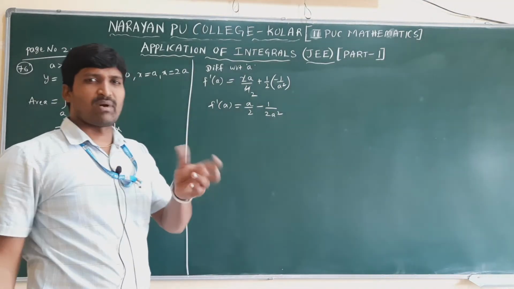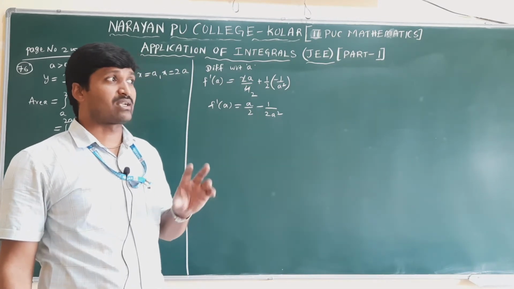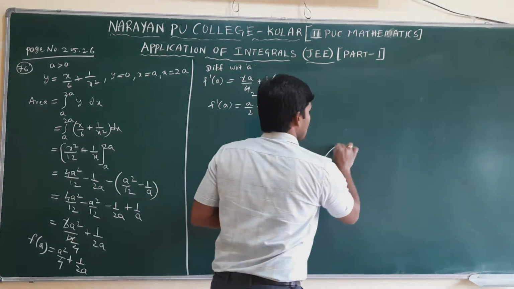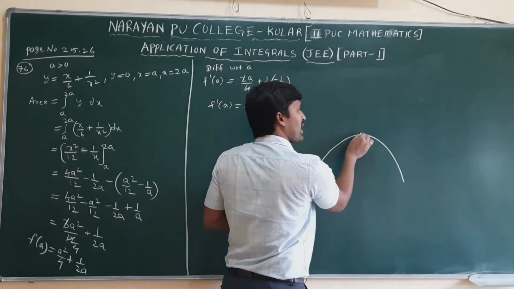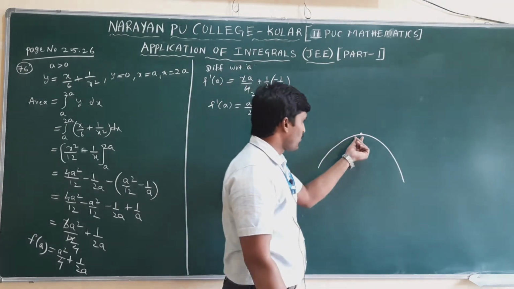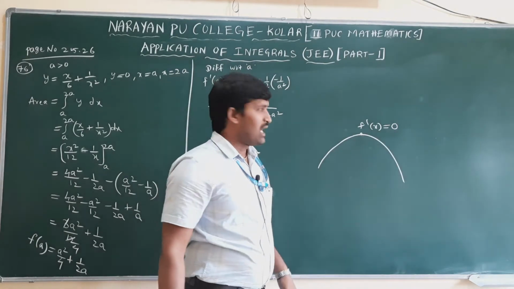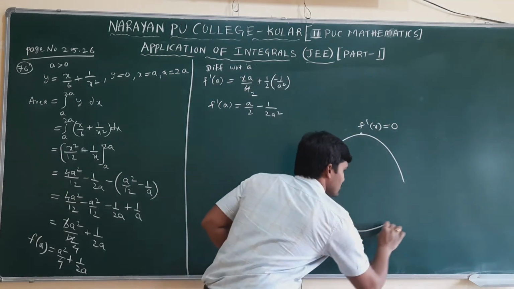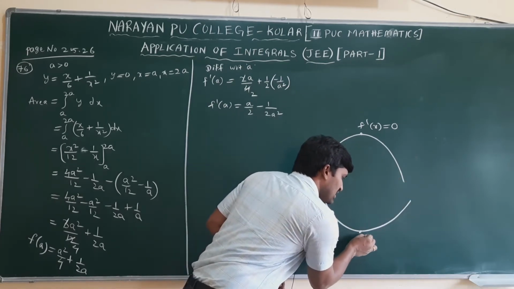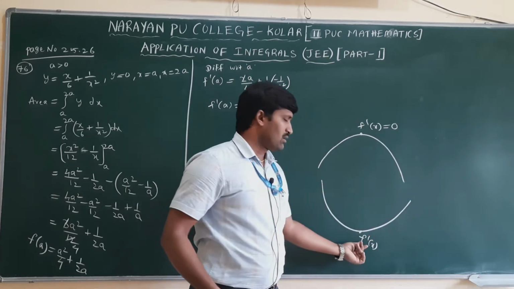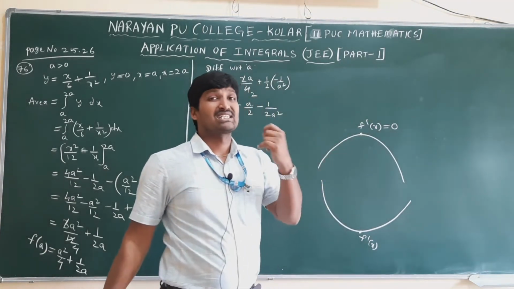To get the maxima or minima, the actual application of derivatives, you will get maxima or minima at the stationary point. Stationary point means if there is a curve that is increasing and immediately decreasing, you get a maximum here. At this point only, the derivative of the function becomes 0. But if the curve is like this, decreasing and again increasing, in this case you will get the minimum. Here also the derivative of the curve becomes 0. That's why we call this point a stationary point.